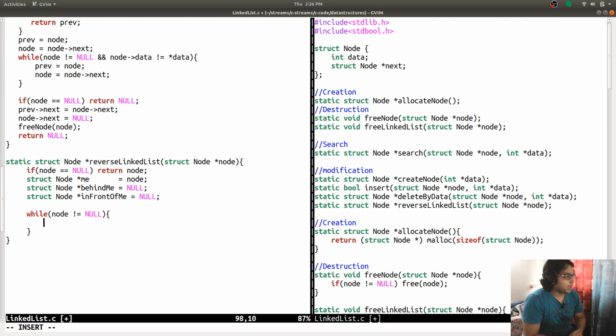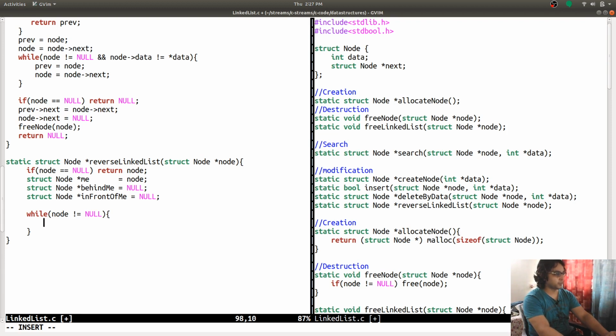So now I have a variable where I can store the person that is sitting next to me. Basically, I am sitting like this, and I have to move backward and sit like that. So this is what reversing is. I have to move the face or my hand backwards, something like that.